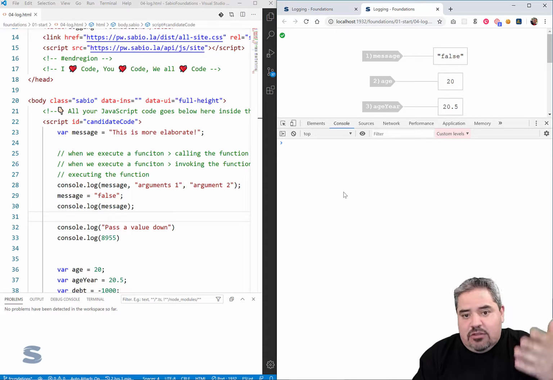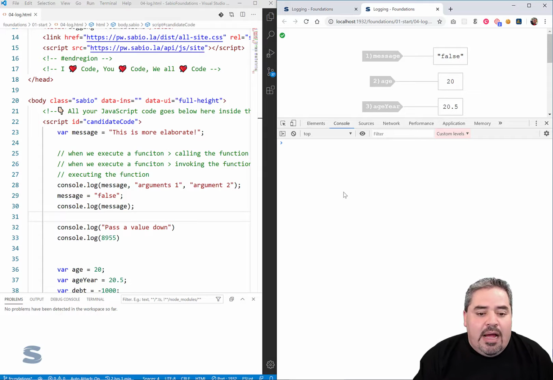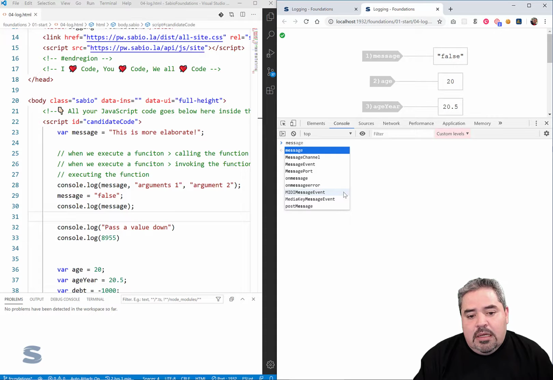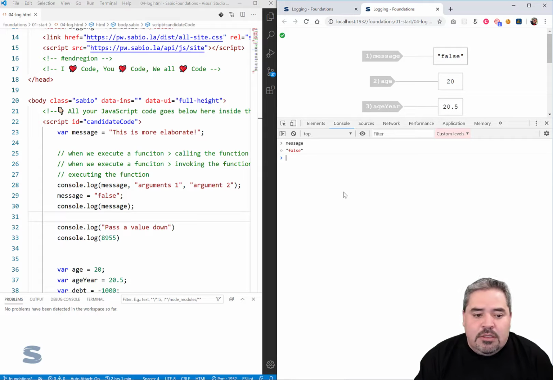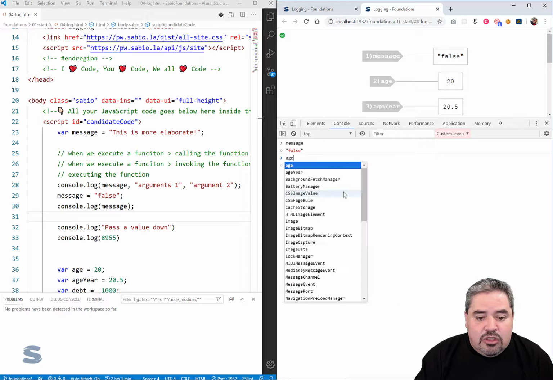I can actually access the browser window, any window within the browser window called iframes. I can also access my variables. So if I type out message, you'll see IntelliSense is actually going to find that. And so if I come into it, I click enter, it's going to spit out for me what the message is. If I wanted to see what the value of, let's just say, age year,